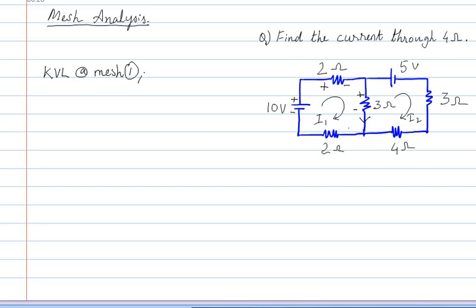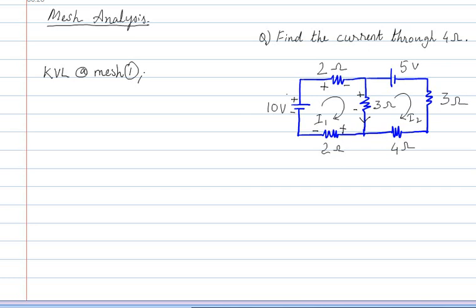Now in mesh 2, it's straightforward, the only current is I1, so it is going to flow in this direction, so we are going to have plus here, minus here. So current entering the positive, going out the negative. Now remember, I have already taught that for writing the KVL equation we have to follow the polarity. So here I am going to take front of the bogie. I am always going to consider the front portion.